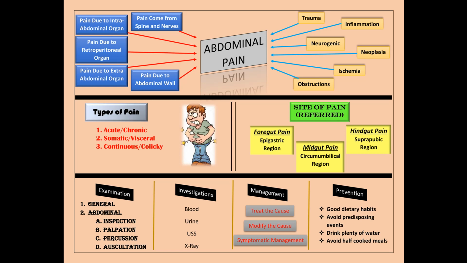On specific abdominal examination, inspection should be done to observe the shape and movements, scars, distension, bruises, striae, and pigmentation. Percussion should be done to get a resonant note over most of the abdomen if it is normal. Auscultation is done to detect bowel sounds and rubs over the liver and spleen. And palpation also should be done.